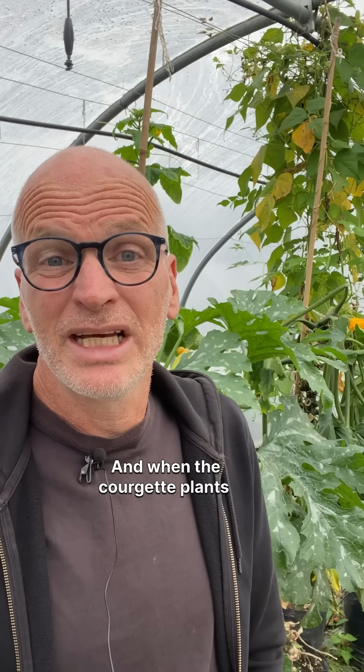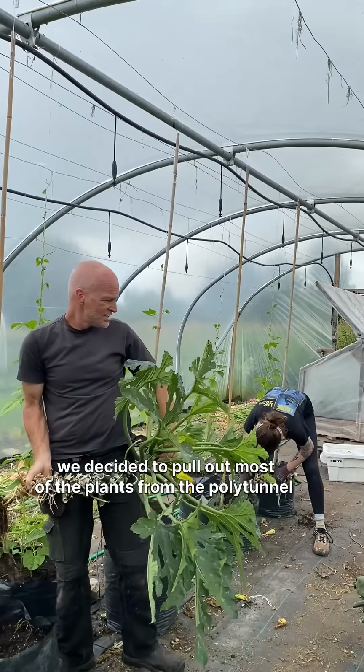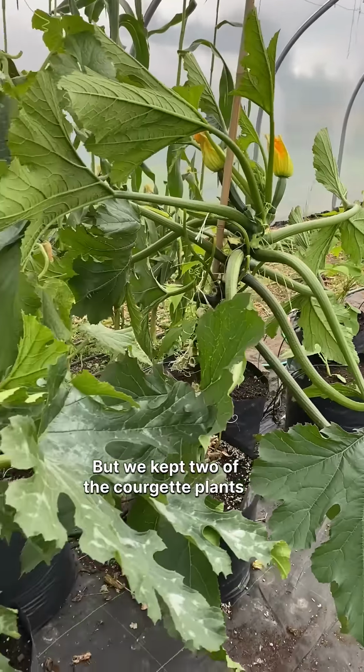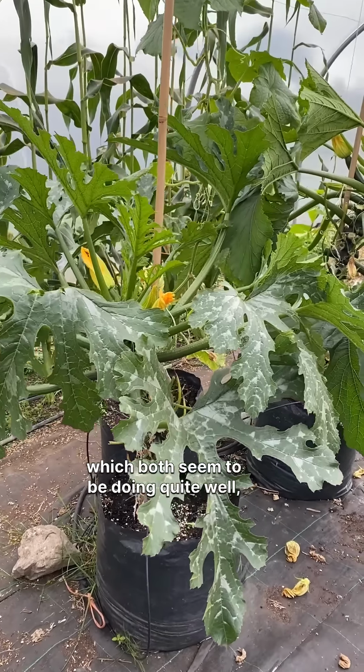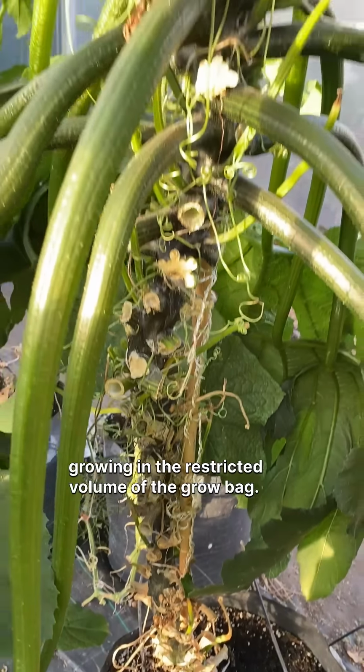And when the courgette plants that were growing outside started to produce, we decided to pull out most of the plants from the polytunnel and replace them with a late crop of cucumbers in the 3rd week of July. But we kept 2 of the courgette plants from 2 different varieties, which both seemed to be doing quite well, as I wanted to see how long they would last and continue to produce, growing in the restricted volume of